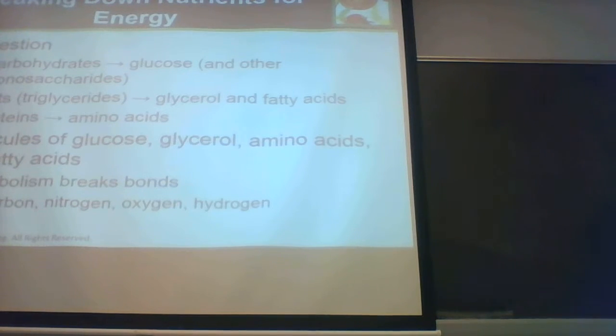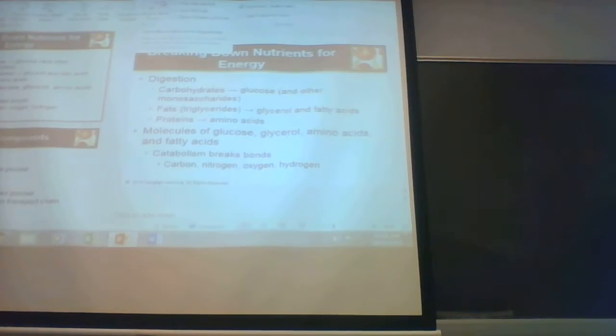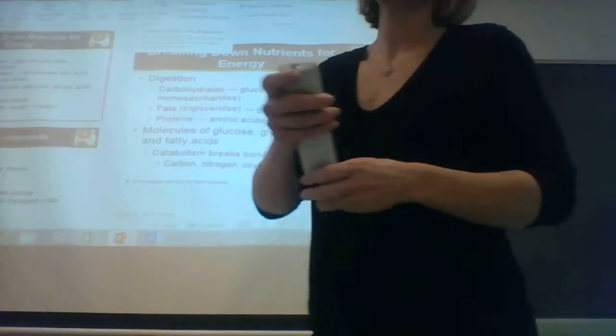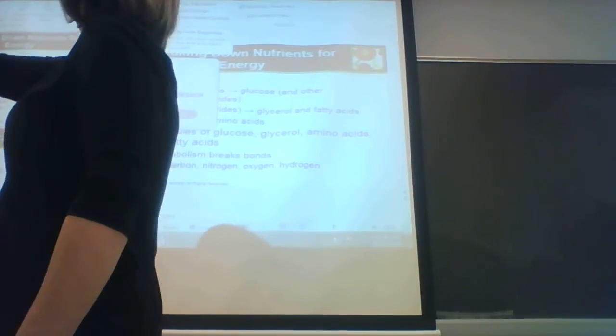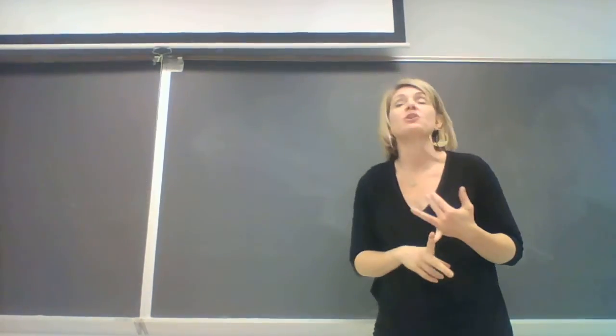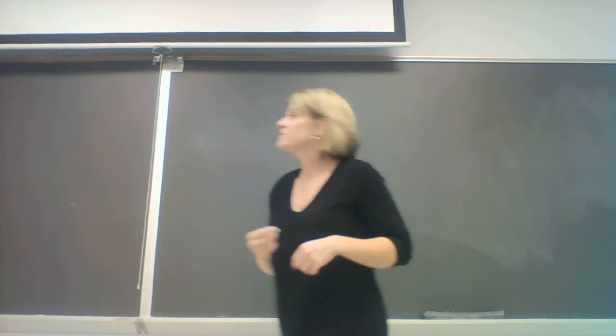Okay, so I'm going to start with my diagram here, and so I'm going to turn the slides off. And we're going to start where we left off with all the different energy nutrients when we went through the carbohydrate chapter, the protein chapter, the lipid chapter. Okay, so during digestion,